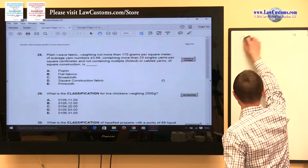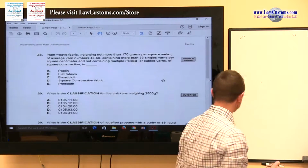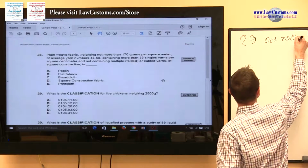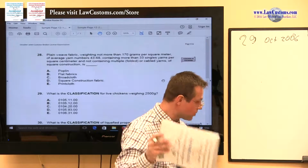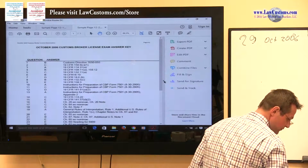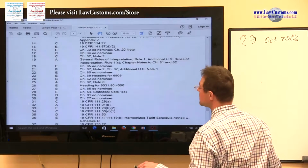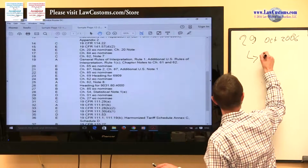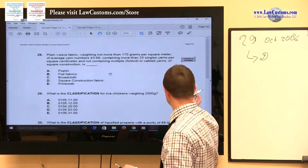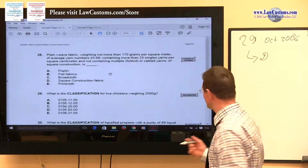in classification, customs examiners give you the HTS numbers, and the correct answer in this case will be question 29 for October 2006. So it will be annotated in this book. If you look at the answer choices for question 29, again without going through analysis, we see that answer choice D is correct. So suppose you downloaded this without any annotations. The problem is that answer choice D, if you're practicing for the current exam, is nowhere to be found, because